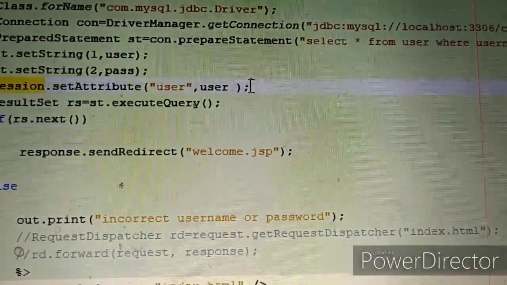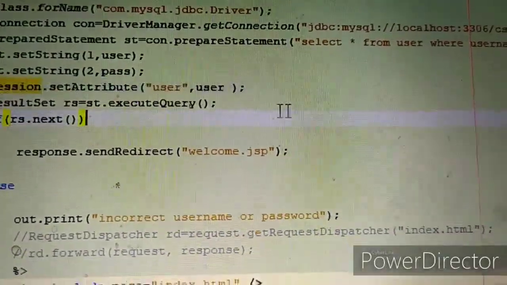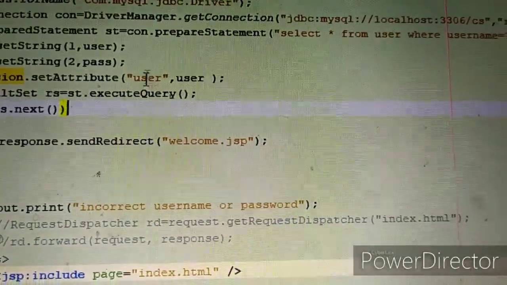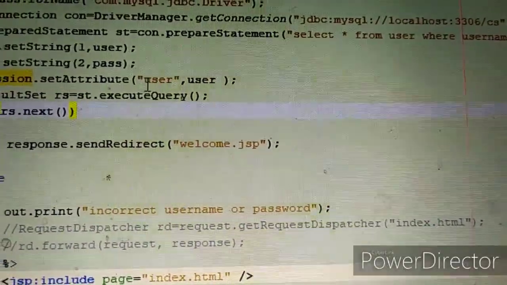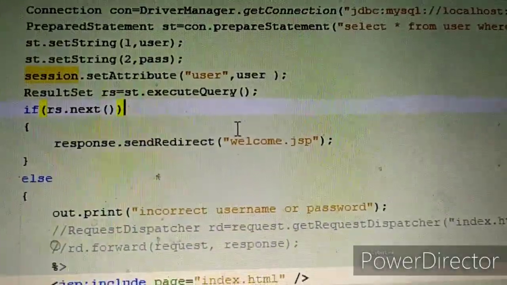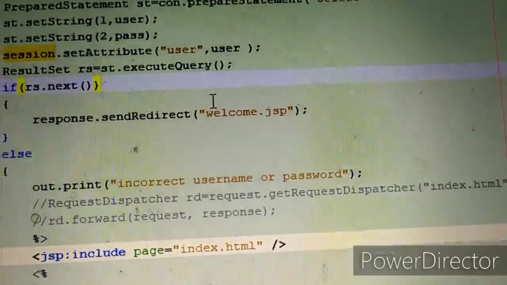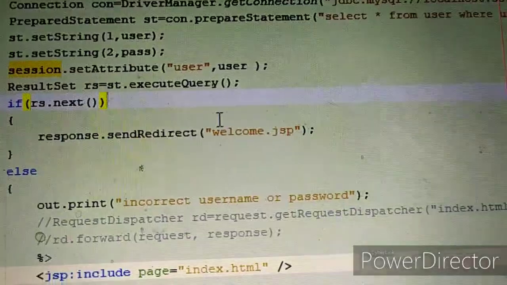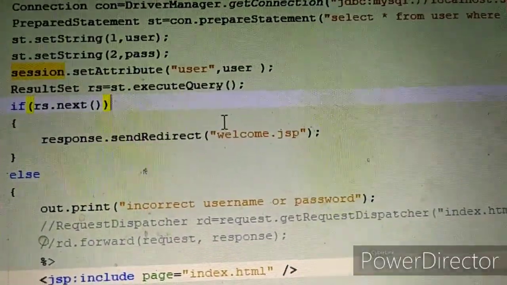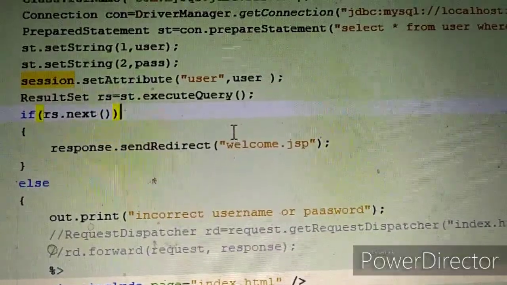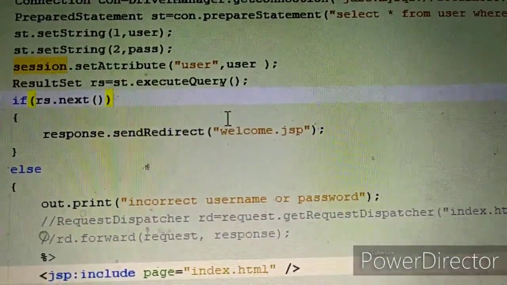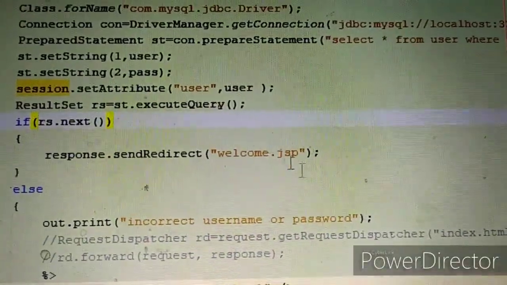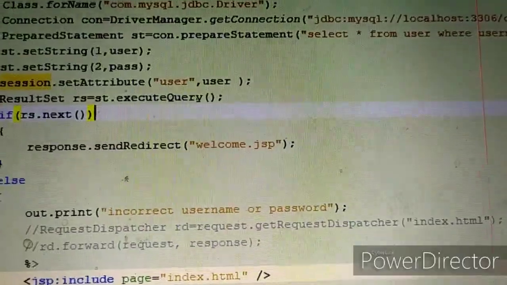So this is a very tricky part. We have recorded this username in the variable user, and we will check this value in the welcome page. If somebody directly tries to access the welcome page through the URL, the value of this user will be null, and we will redirect the user to the login page.